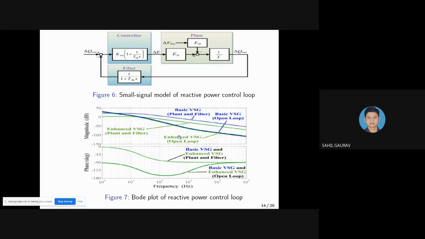Here they are written as open loop or plant plus filter. Open loop means they are considering just the upper side. They are not considering this filtered side. So basic